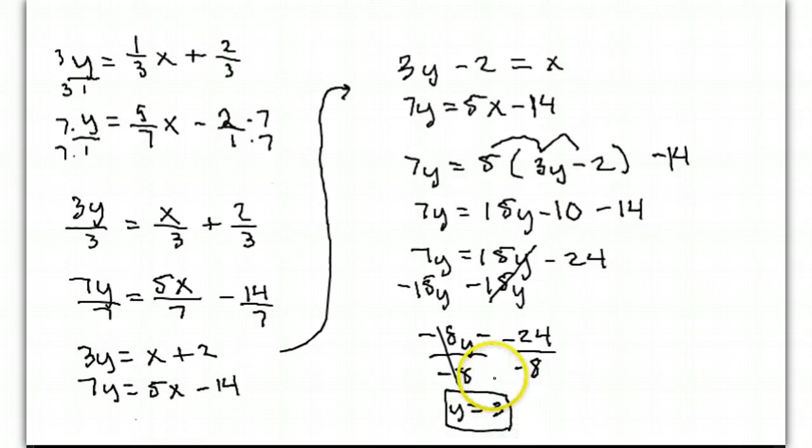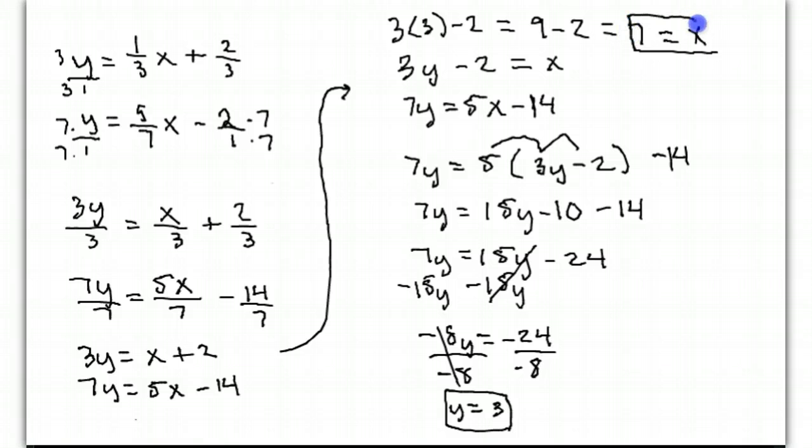So you got y. Now what you need to find is what x is. Now if y is 3, and if you recall this top equation, 3y minus 2, you plug y in, and we're going to have 3 times 3 minus 2, which is 9 minus 2, which comes out to 7. And so therefore x is 7 and y is 3. The next type of problem, or the next type of way we're going to